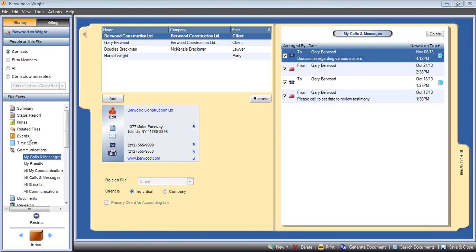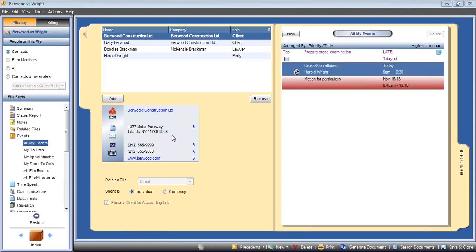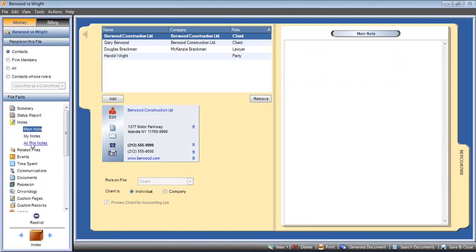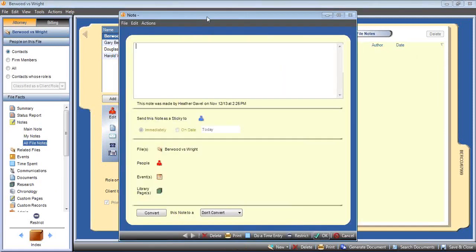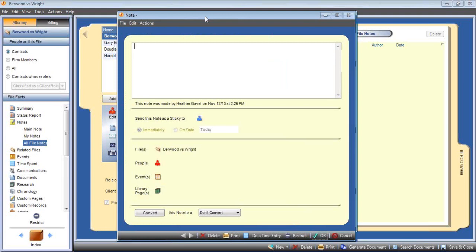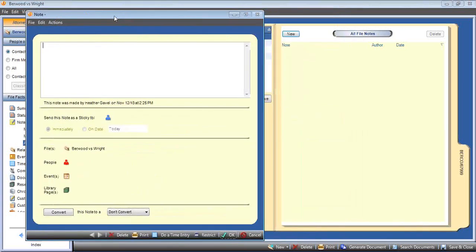So wherever I am, whether it is on the events or on the communications, or perhaps we'll look at notes. So looking at all file notes, oftentimes clients will want to add notes to the file. They're not a phone call per se. It's not an email, but it's something that they want to note to the file so that they can keep track of it. So I'm going to say